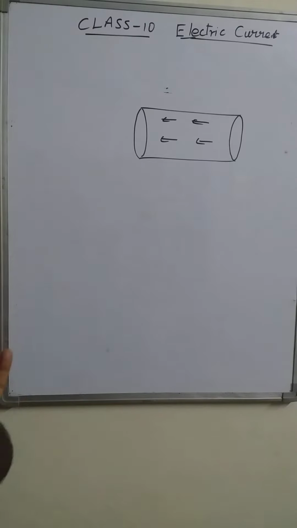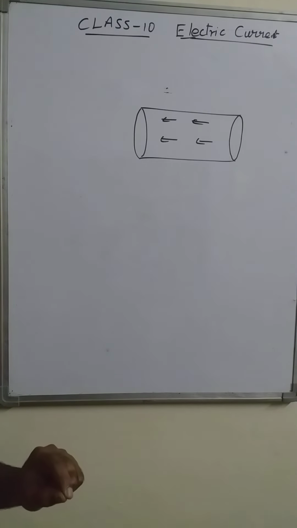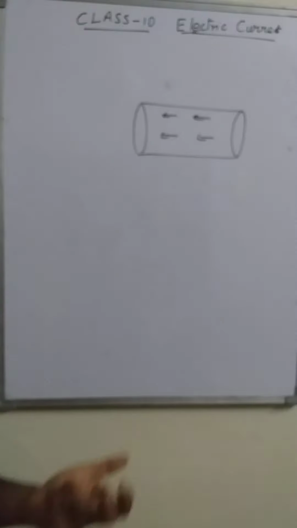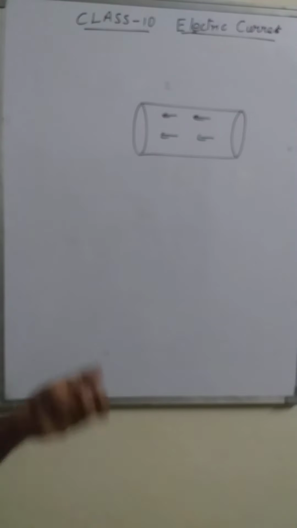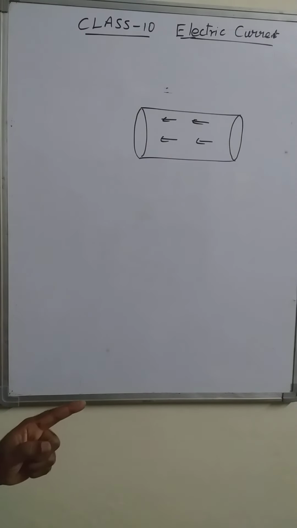Because on their own the electrons cannot move in a particular direction along a straight line, which gives the electric current. To move all the electrons in a particular direction, definitely an external source must be required, because the external energy makes the electrons move in a particular direction. That external energy comes from a source, and that source does the work to move the electrons. For this, the potential difference has to be discussed, which we discussed in the last topic.